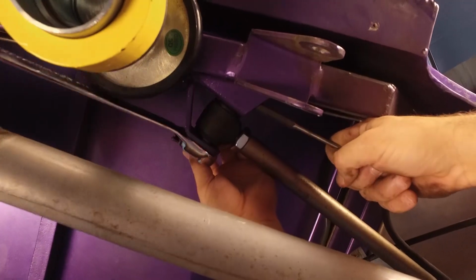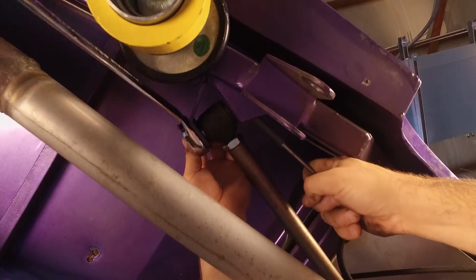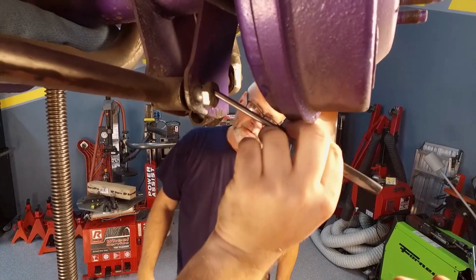Yeah, some of the bolts were kind of hidden in places. It took a little bit more ingenuity to be able to get on them. What's the owner of this vehicle going to notice once he has his new rods? We're working on the rear end right now, and he's going to probably notice that the car doesn't want to